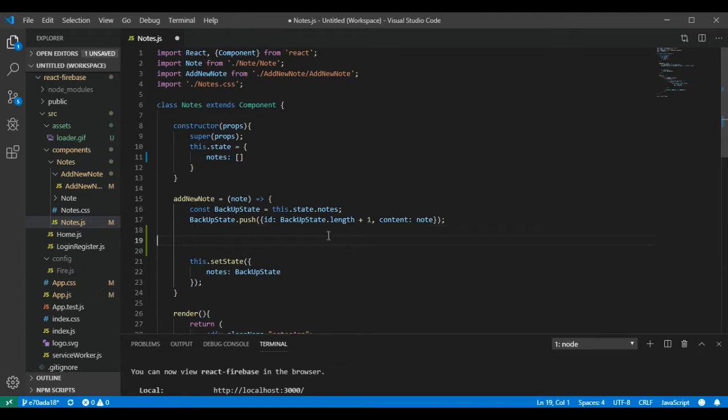We take a backup, make a backup of this state we have. We assign all the states we have to our backup variable. And then after that, we push a new state. We have the content here, we push the new state and the new ID. And then after that, we should insert the state into the database,